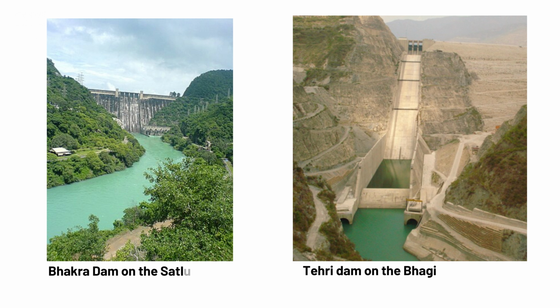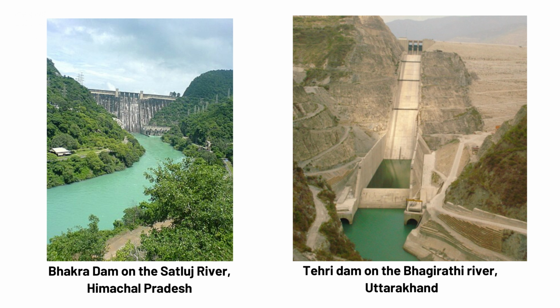So these are the two dams I was talking about, for hydroelectricity generation. Because of the Himalayas, all the major rivers flow through the mountainous area, and we have this opportunity to build many beautiful multi-purpose river valley projects. So Bhakra Dam is on the Satluj river, located in Himachal Pradesh,